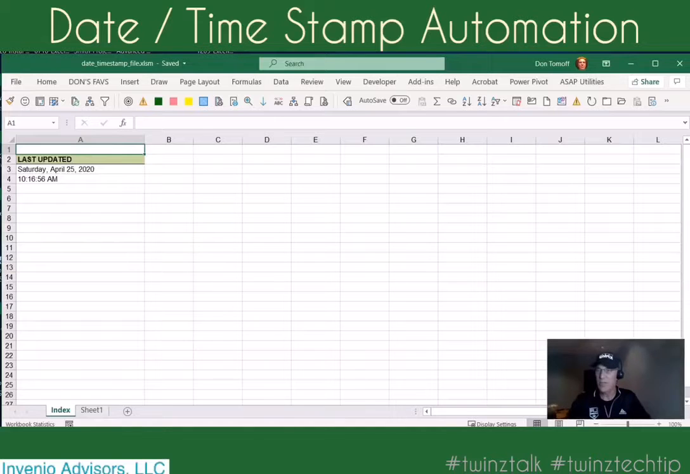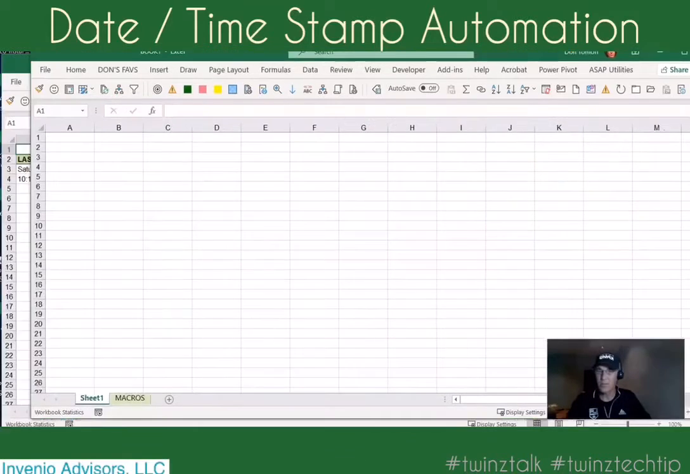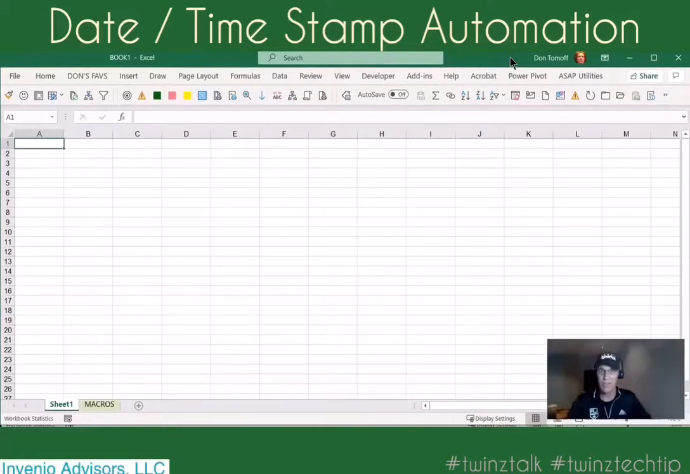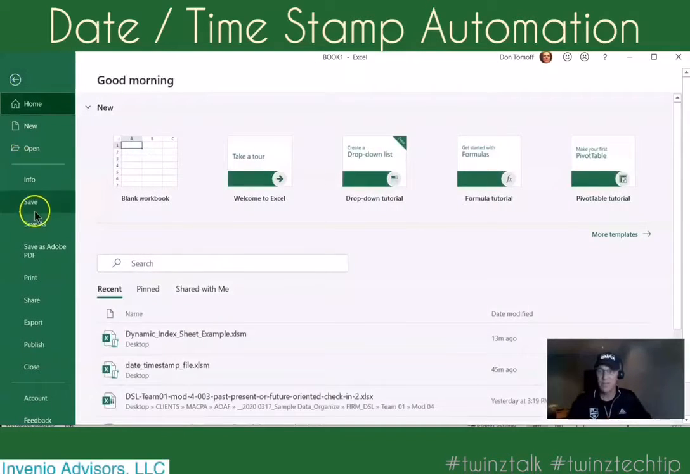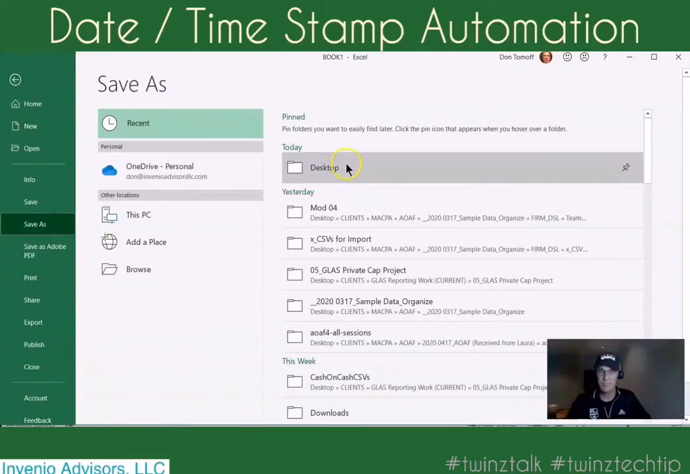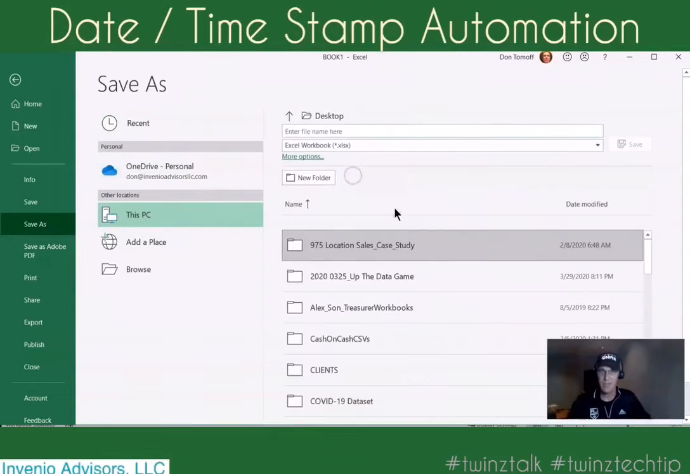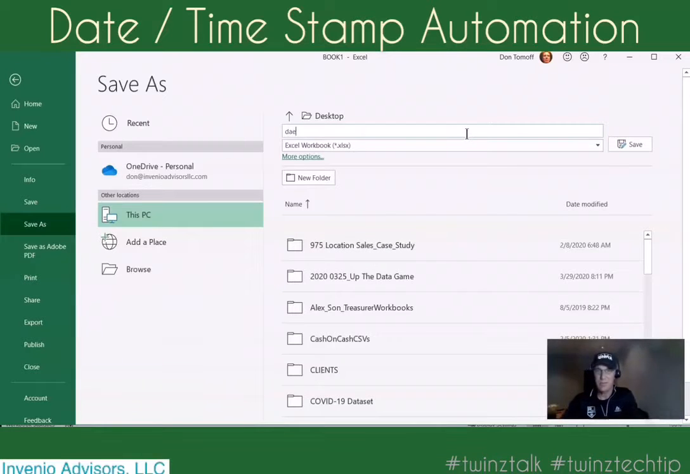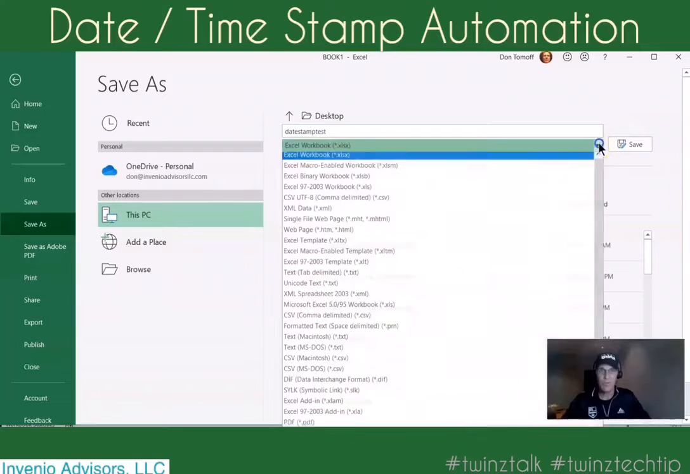So how do we do that? Well, let's start with a blank file and walk through the macros that do it. So first thing is I need to save this as a macro enabled file. And I'll just save it to my desktop. Date stamp test, and we'll save that as a